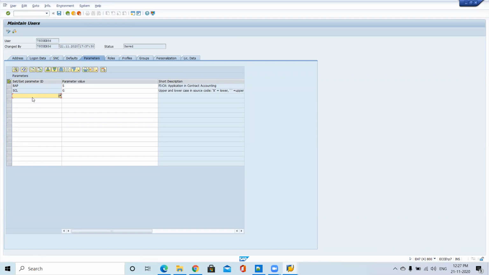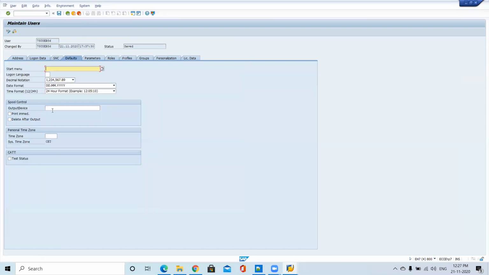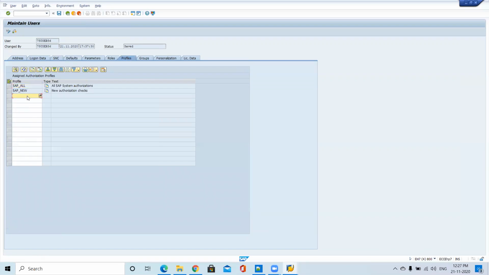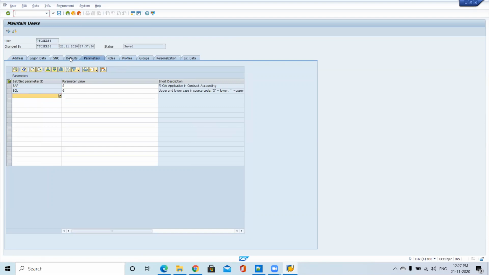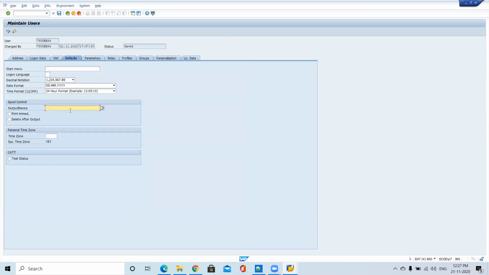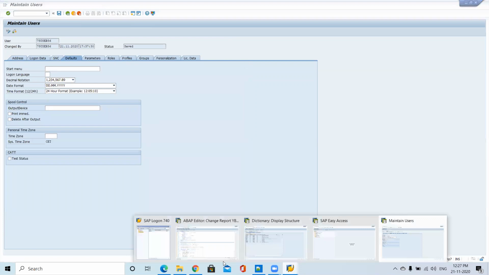For normal printers, we have an option directly in the defaults, where we maintain the direct printer name, or in the output condition record. Previously we maintained LP01 here, and it is taken from there, but it depends on the profile also. Normally you will store it in a table, write a query on the table and get this. If it is at the parameters level, not the default level, I previously maintained LP01.